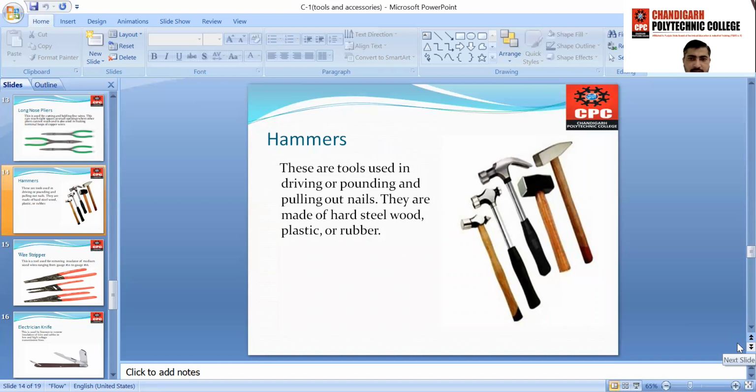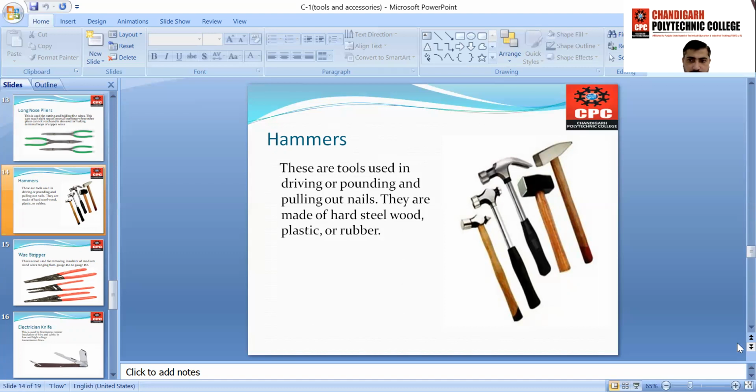These are some kinds of hammers, tools used in driving or pounding and pulling out nails. They are made of hard steel, wood, plastic, or rubber.